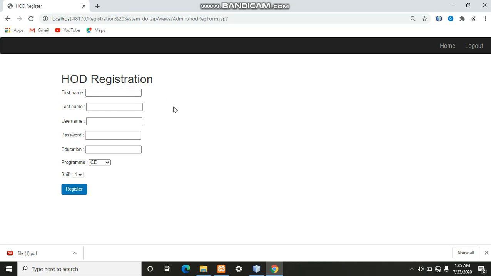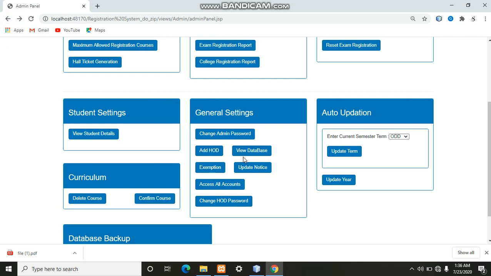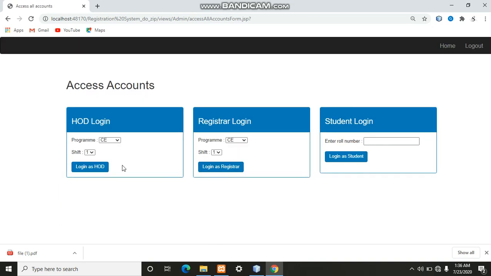You can see here, if any new HOD has to be registered for a particular department, here you can select the program, you can select the shift, and by clicking on the register button, the new HOD can be registered. After that, view database. After that, exemption, update notice: all the options are handled by the admin, so that admin has access to all the accounts by clicking on this.